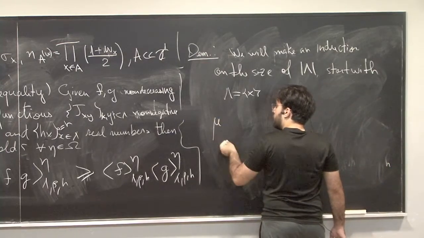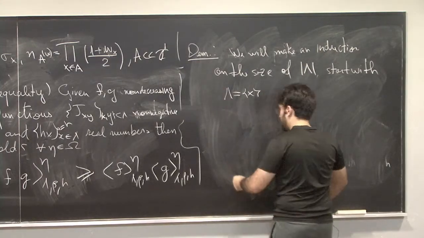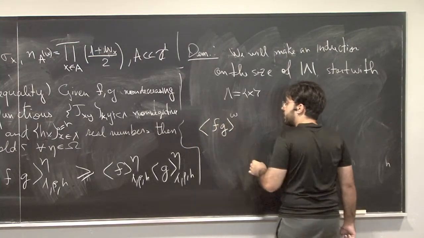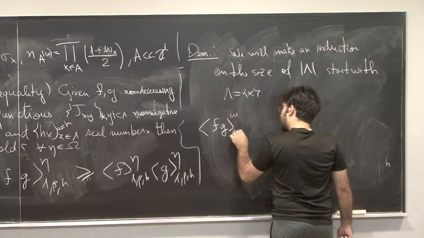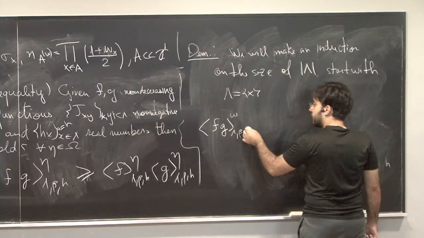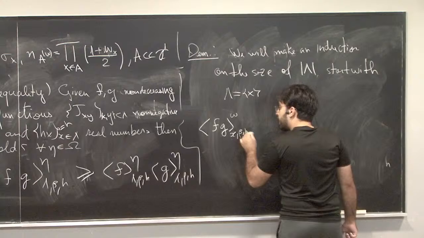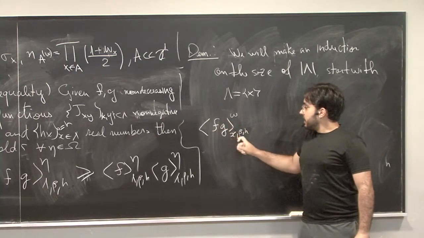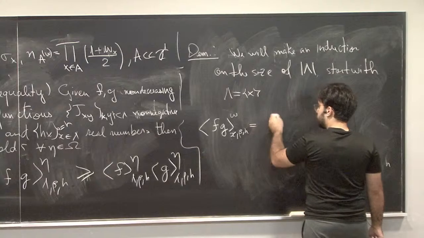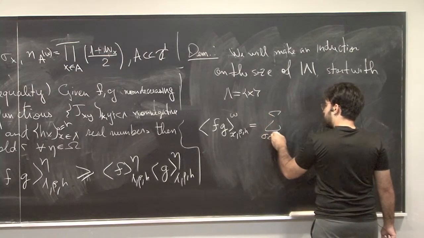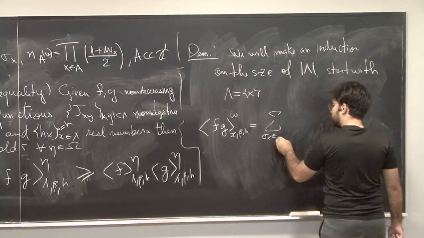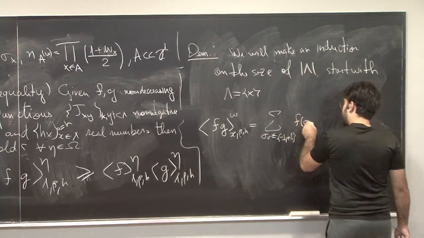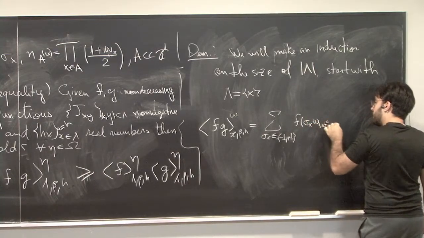So what is the expectation value of the product FG with an arbitrary boundary condition, Lambda, beta, h? In this case, I will just write x here to denote, I will not write the brackets, but this means that this is the measure only living on x. So this is the sum over the spin sigma x being -1 or +1 of F(sigma x), and I complete the configuration with omega,